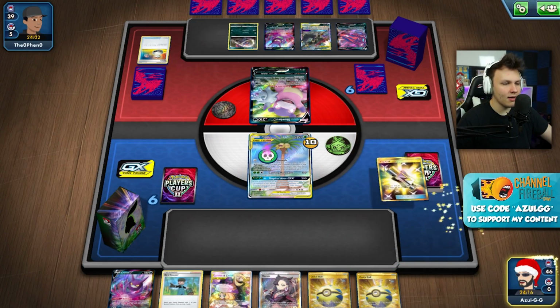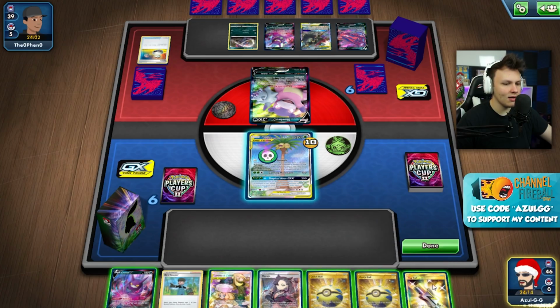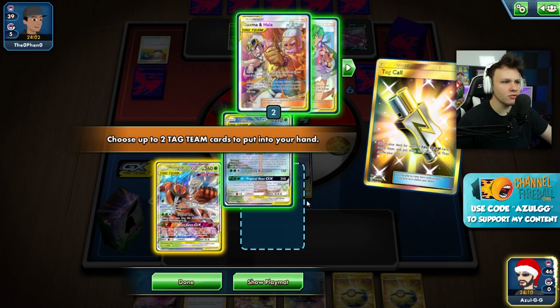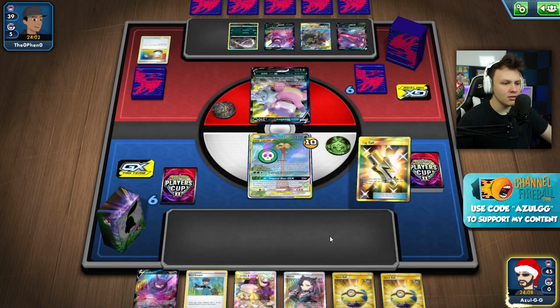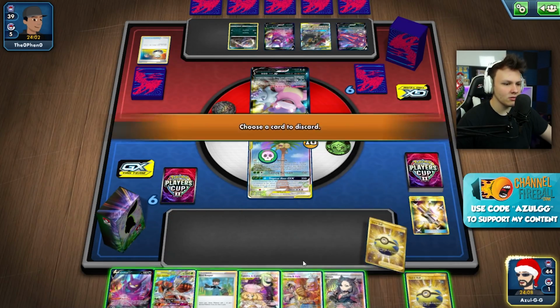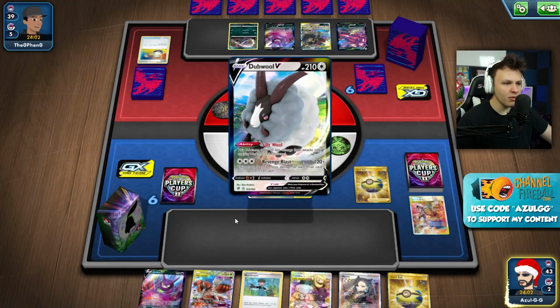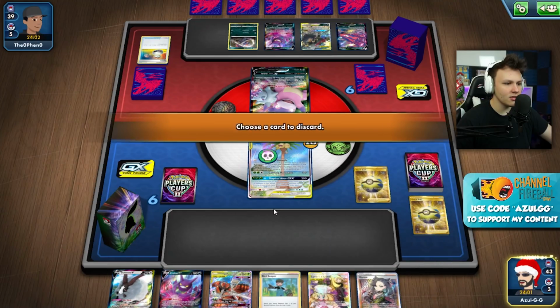Oh, man. Sheesh. Alright, Tag Call. I'm going to ditch the Buzzmosa. Oh, I could also ditch the Guzma Hala. Let's ditch these two with Quick Balls. And then Marnie. So I'm going to ditch that. Grab a Dubwool, because Dubwool wants to be our follow-up attacker here. And then ditch this. Grab